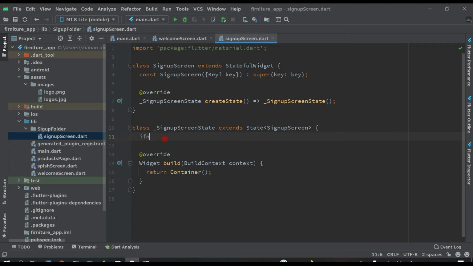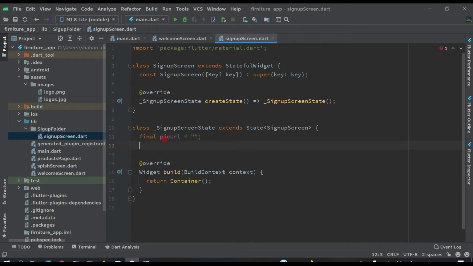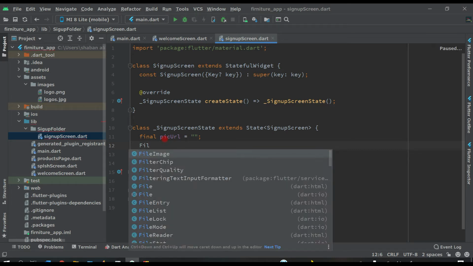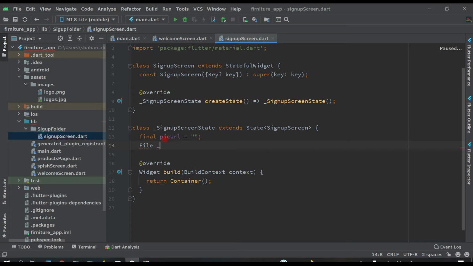So right here, final pick URL equal, let's leave it empty, and then File image, and leave it like this.